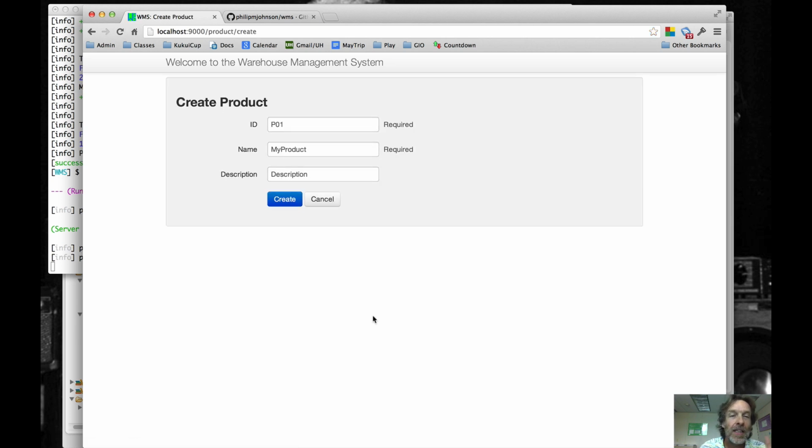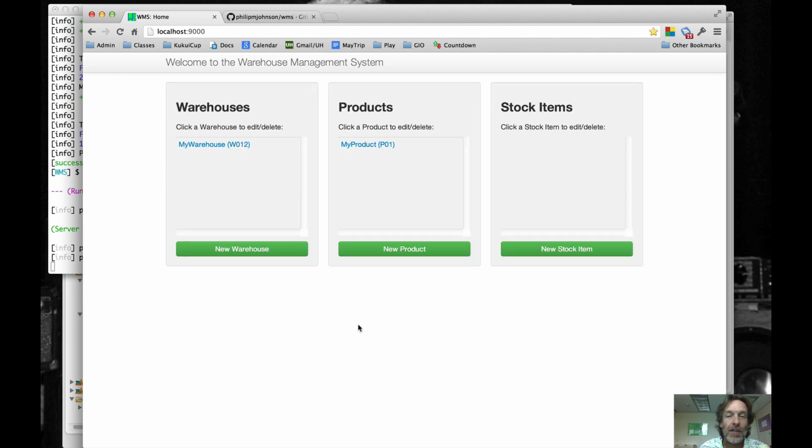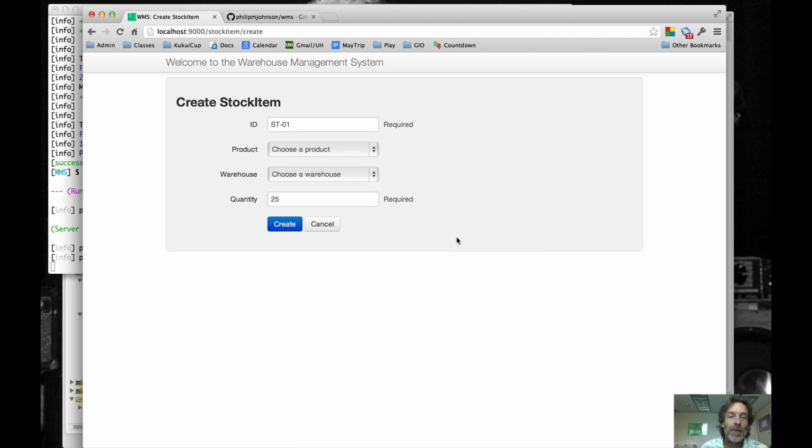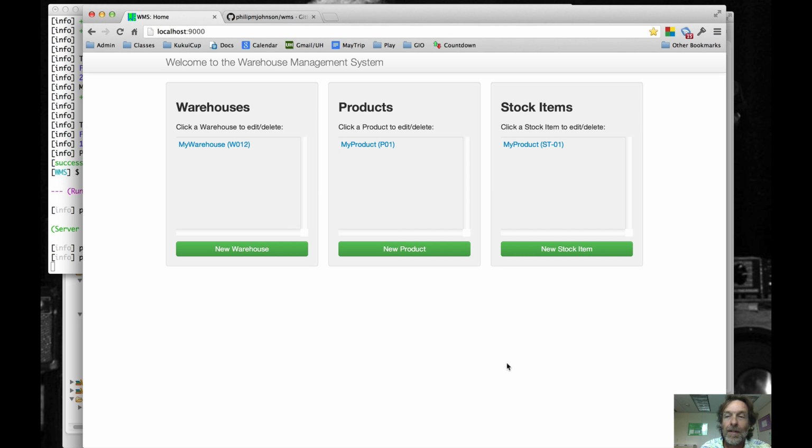Going to the product page, something very, very similar. We've got an ID, we've got the name, got the description. I'll create one of those, and then because of that, I can now go to the stock items page. The way I've got the stock items page defined right now is we have to define a product in a warehouse that it's associated with, and it will create a pull-down menu with all of the currently defined products and warehouses. So we can now create one of these suckers, and you can see that we've now got a